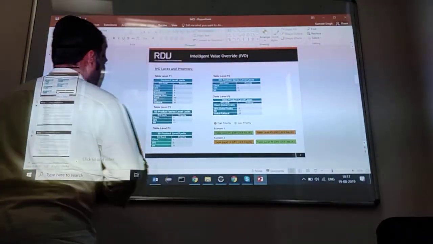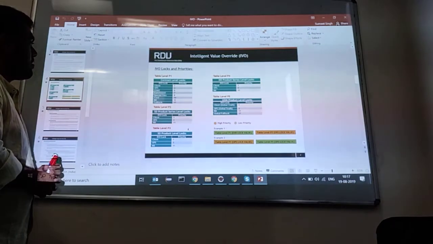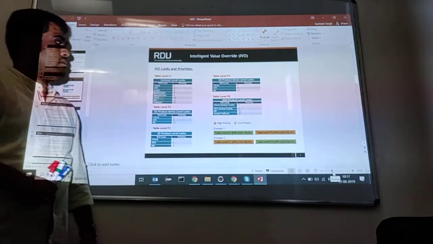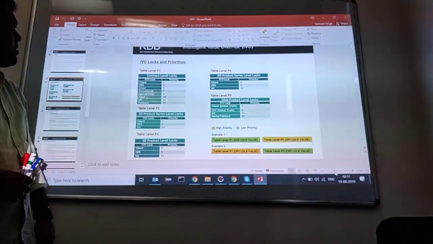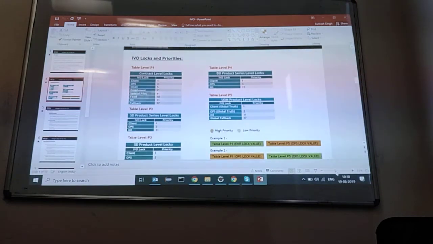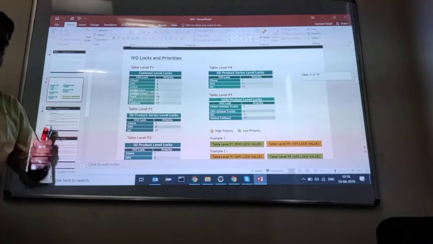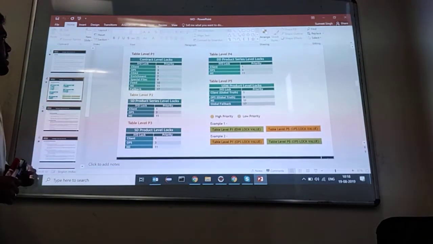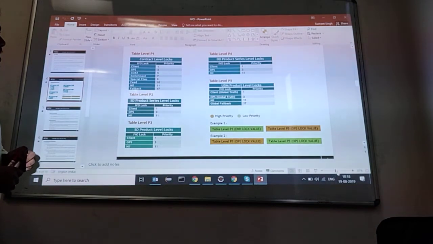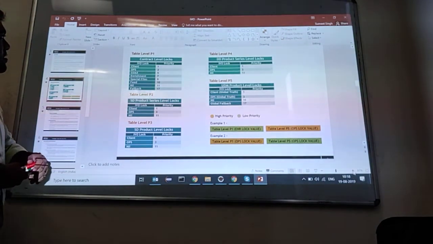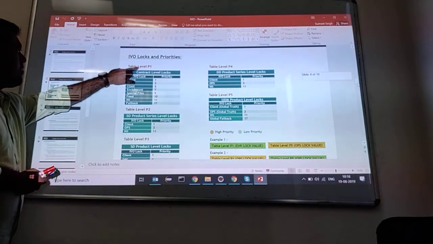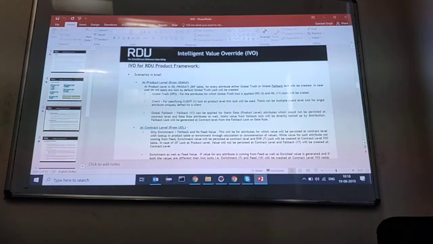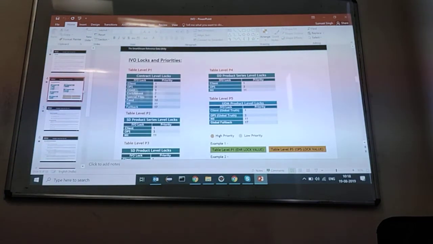Over here, if you see, just increase the font size. So right now, if you see on this screen, there is a table level that I have written, and then there is a table level priority as well as the lock level priority. With this combination the precedence works. Okay, what is table level priority? So right now